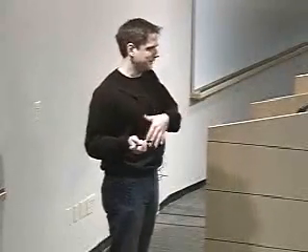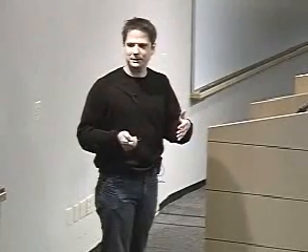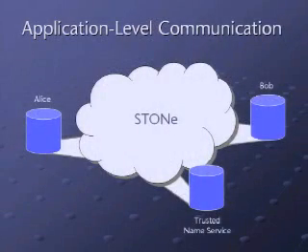And then the second big component is the trusted name service. So we have to find a way to map these opaque capabilities to some name. So if Alice wants to look up Bob, she should get a way to find the opaque capability of Bob. And we use public keys as a certification mechanism, basically similar to what other approaches like SFS do.